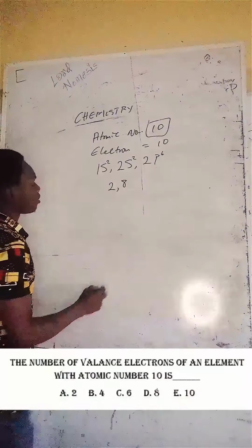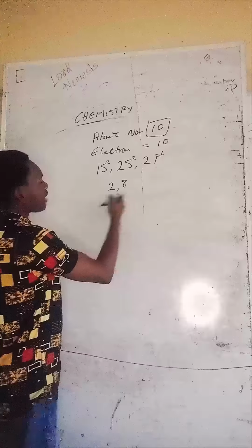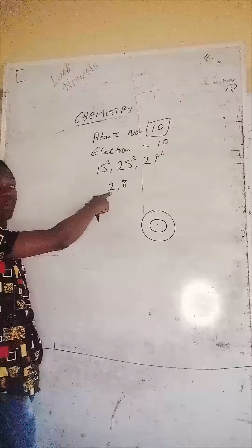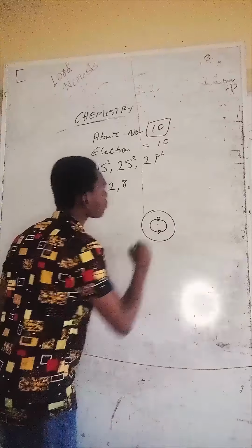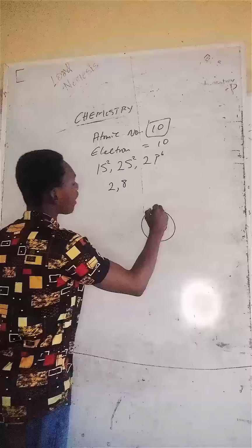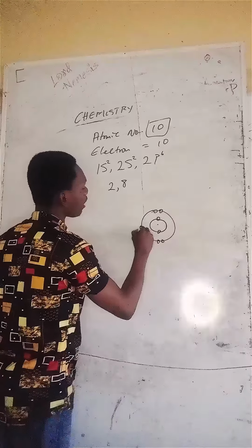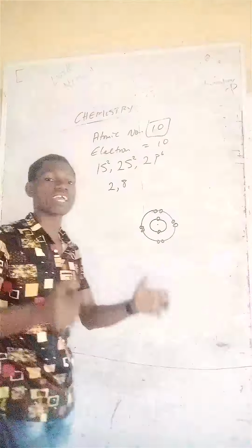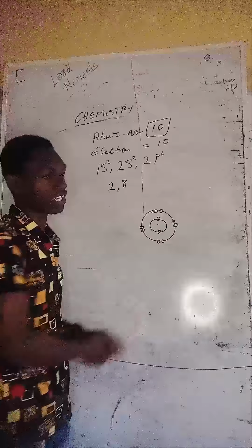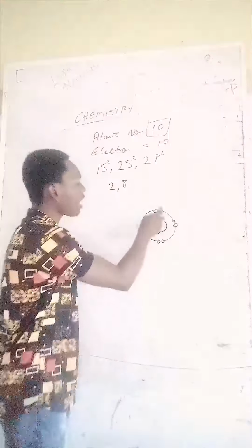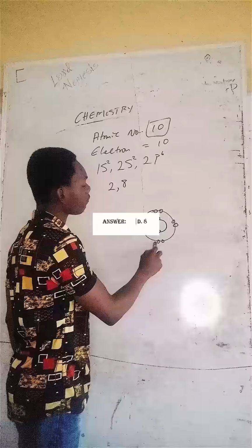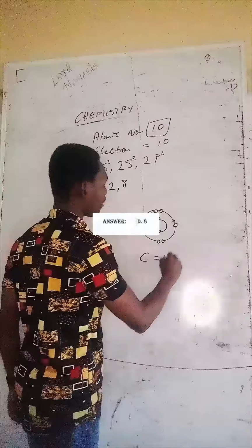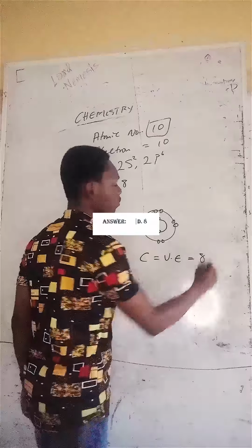Either of them. As we got the shell, it means that the atom has just two shells. Shell number 1 and shell number 2. So on shell number 1, we have 2 electrons. Shell number 2 has 8 electrons. And like I said, what do we mean by valence electron? Valence electron is the electron in the outermost shell. How many electrons do we have in the outermost shell? 1, 2, 3, 4, 5, 6, 7, 8. So our answer is C. Valence electron is equal